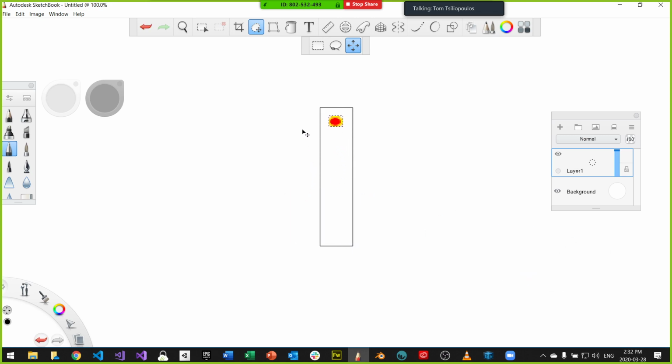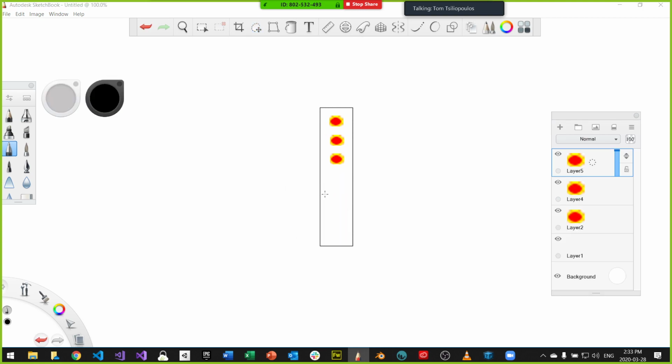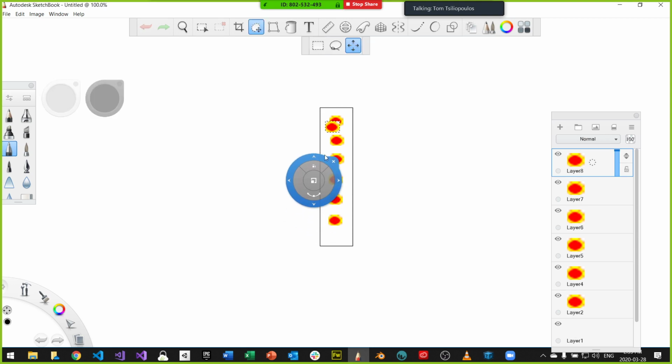Okay, so here's my bullet. And I'm going to have a bunch of bullets here, like this one. I'll lasso this one, and I will copy it, and let's just paste them in a bunch of places. So paste it, move it down, paste it, move that down. Right. So we have all this container of bullets. Let's just suppose, just to demonstrate this thing, I have all these bullets. Let's say we have 50 bullets.